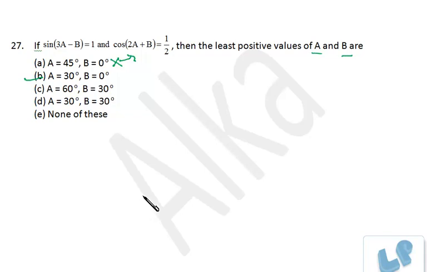And one more important thing over here: among the options, a cannot be more than 30. If we take a as 60, then this value will be beyond 90 degrees. In that case, cos of more than 90 degrees will be negative, but the value is positive over here. So among the options, you would clearly discard this. Precisely we are left with this, and we have just verified it. So this is precisely the correct answer.